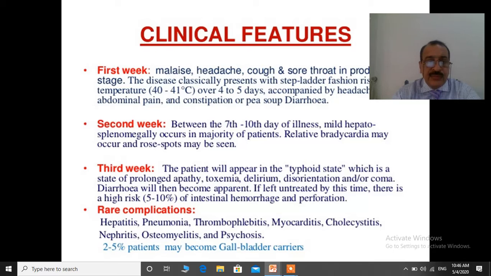Clinical features vary depending upon the period of illness. In the first week, the patients have malaise, they can have headache, cough, sore throat. The disease classically presents with a step-ladder rise in temperature, or in the pediatric population, this finding may not be there. And then the patient will have abdominal pain, constipation, and they may have diarrhea. In the second week, the patient will have